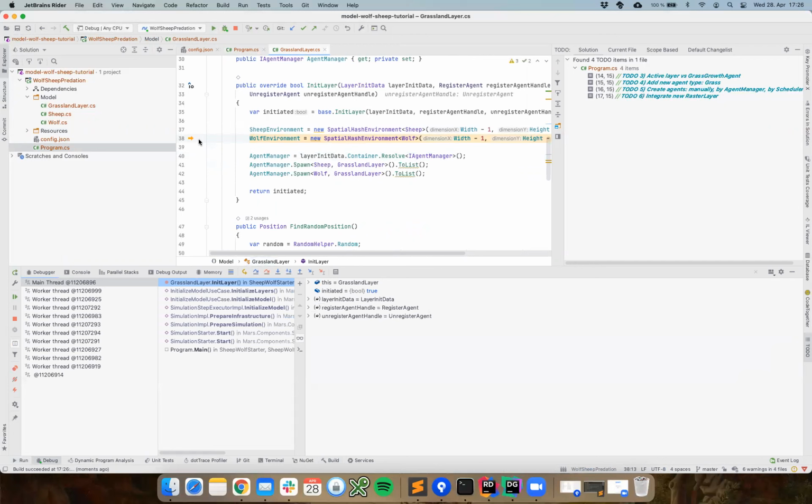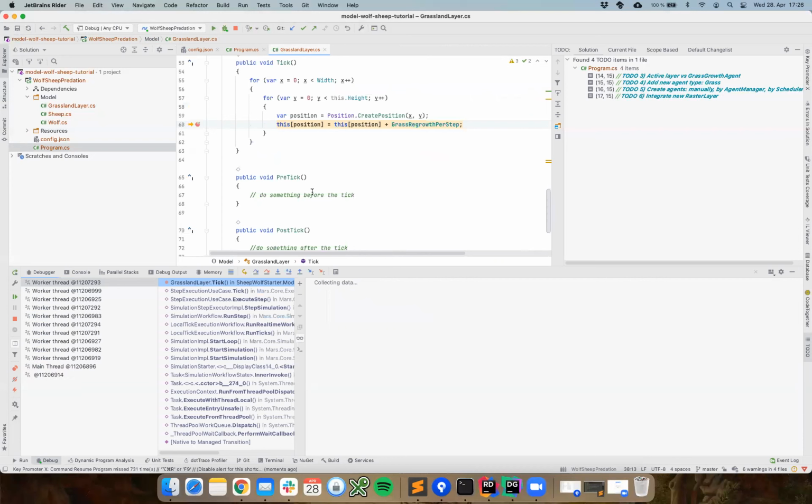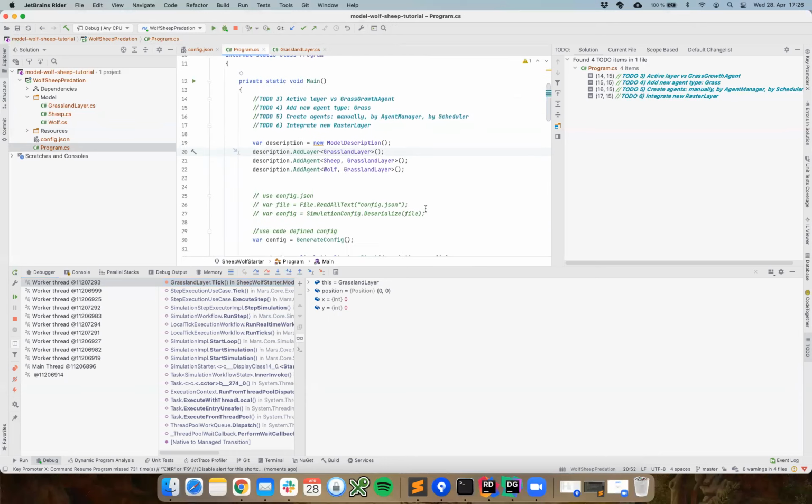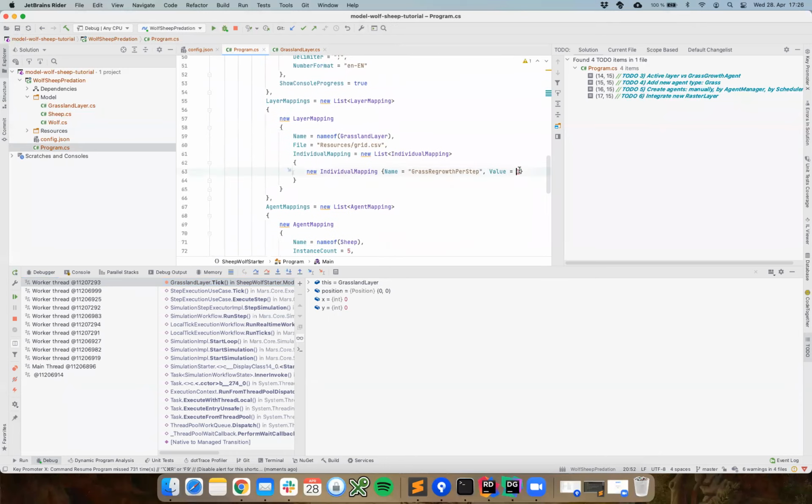Okay, here is a stop in the Wolf environment. We can go on, and you see the tick works. It is ticked, but the grass regrowth per step is not initialized. It's 0, but when you remember, it should be 1, right? Okay, so this is